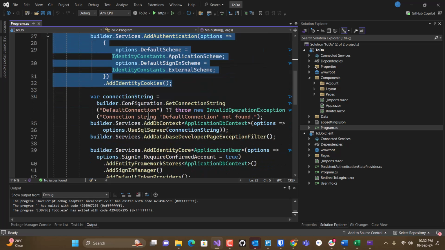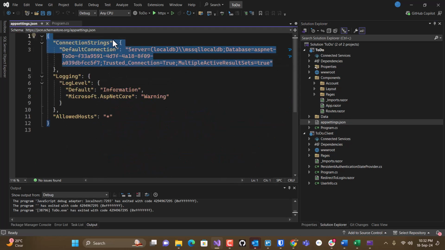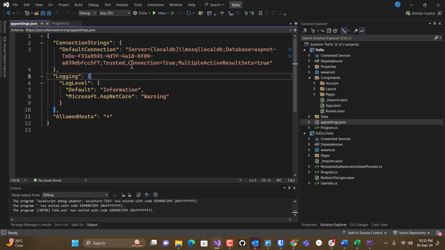We get a connection string. That connection string, as usual with the templates, stores the connection in the app settings. By the way, this connection string is relatively safe because it uses a trusted connection. If you